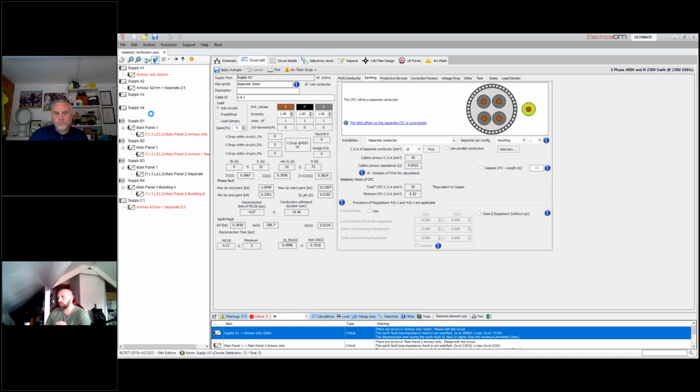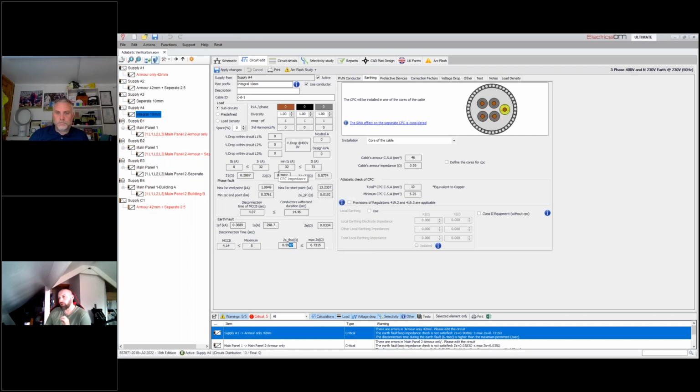And then my other option is I could have just changed the type of armor cable I'm using, so it has an integral core in the cable. So naturally another 10mm cable, and in this case it gets me there. In terms of the values at the moment, these are roughly going to be there or thereabouts. You can see a slight difference between the two values though, where I've run the copper conductor and where I've run the integral conductor. Very negligible at this size, and the reason why it's negligible is because when we look at